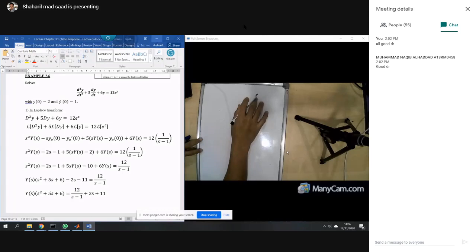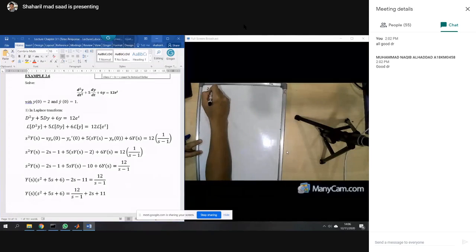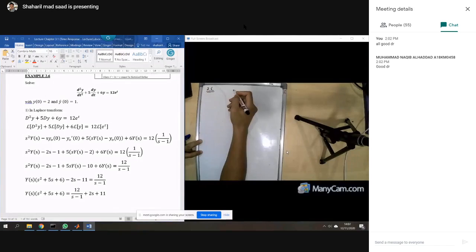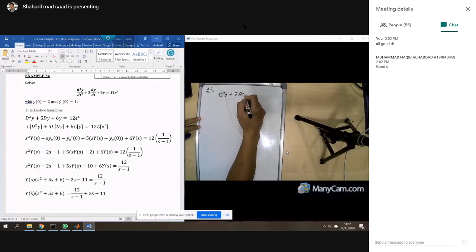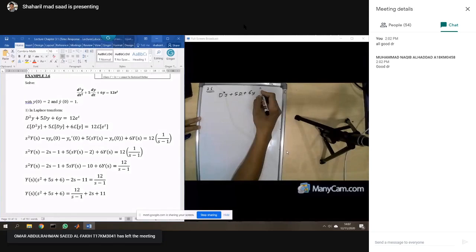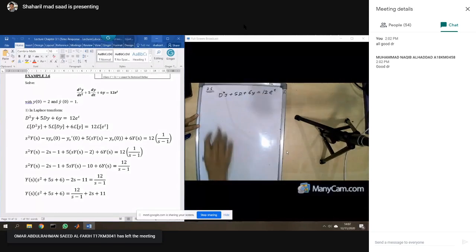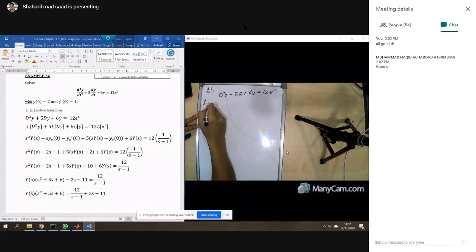All right. So example 2.6. Now you got the equation: d squared y over dt squared plus 5 dy over dt plus 6y equals 12 e to the power of t. Okay. So now when you Laplace,